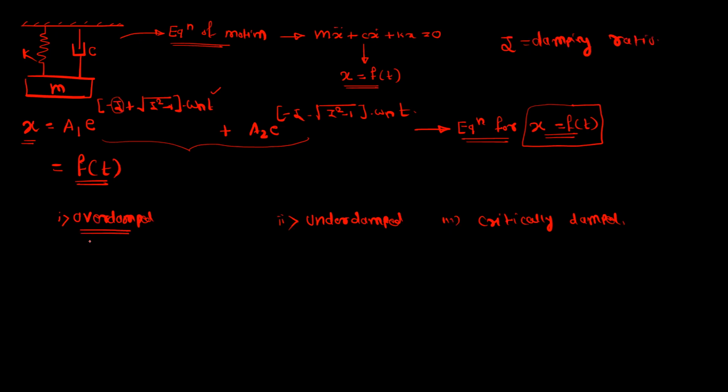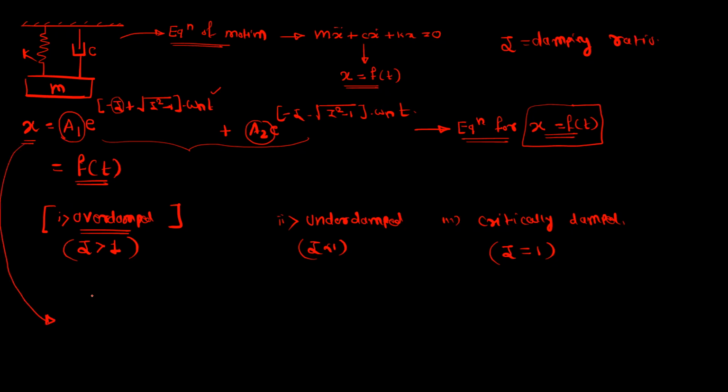So for the overdamped system, zeta is greater than 1. For underdamped system, zeta is less than 1, and for critically damped system, zeta is equal to 1. Okay. So let us see the equation for the overdamped system. So we should take the value of zeta greater than 1, and then we will find out the exact value of the constant A1 and constant A2. Okay, because just by the general equation, we cannot plot the waveform displacement versus time. Okay, so actually this equation, it is useful to plot the waveform.